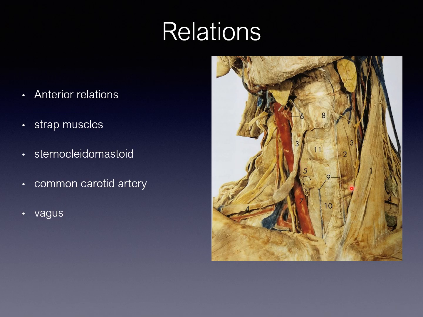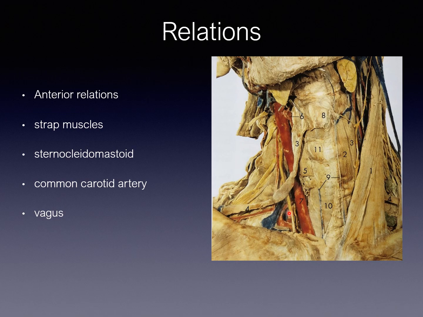Look at this. Here you cannot see the subclavian artery. Here you can see a part of it, but here everything is hidden. Hidden by whom? Strap muscles. Here sternohyoid, sternothyroid, all the muscles are here, and the sternocleidomastoid is here. And then over that, common carotid artery, carotid sheath structures. Carotid sheath structures are common carotid artery, vagus nerve and jugular vein. All these structures hide the subclavian artery. So they all form the anterior relations. Then who forms the posterior relation?